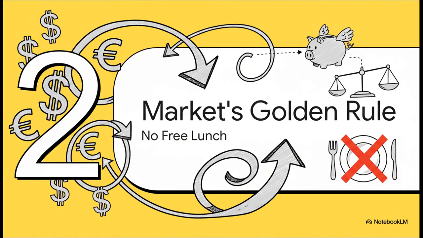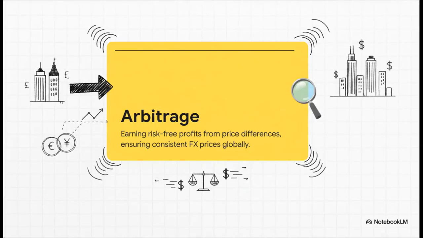So you've got trillions of dollars zipping around the globe every single day. What on earth keeps all those prices in line? Well, there's a kind of golden rule at play, and it all comes down to one simple fact. The market absolutely hates a free lunch. The enforcer of this rule is a concept called arbitrage. You can think of it as the ultimate form of high-speed deal hunting. If a trader's computer spots the euro selling for a fraction of a penny cheaper in London than it is in New York, it'll instantly buy in London and sell in New York for a tiny but guaranteed risk-free profit. That action, multiplied by thousands of computers doing the same thing, is what slams that price gap shut almost instantly.